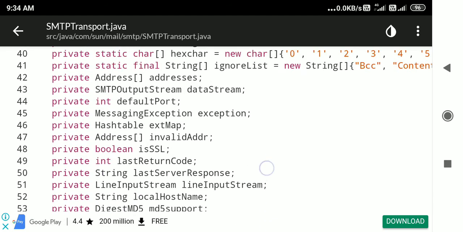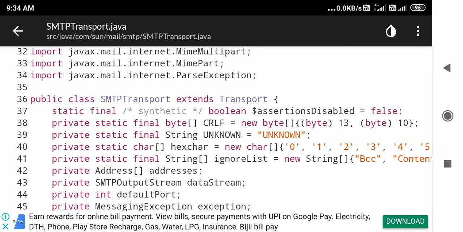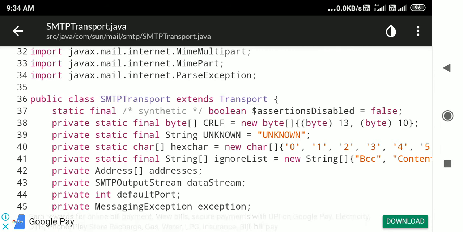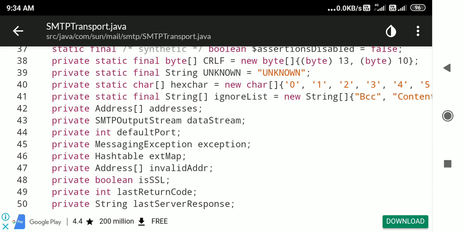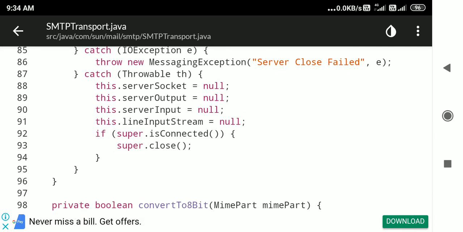So these things are the things which you pass. Within the class, your SMTP transport is the one. You want to transport a packet; this is a session layer call. SMTP transport is a session layer call, a single one for transporting, and then one for receiving. Transporting is sending, and then receiving. So those kinds of things. For transport SMTP, you give all the variable names, you pass all the things, and then you set it up.